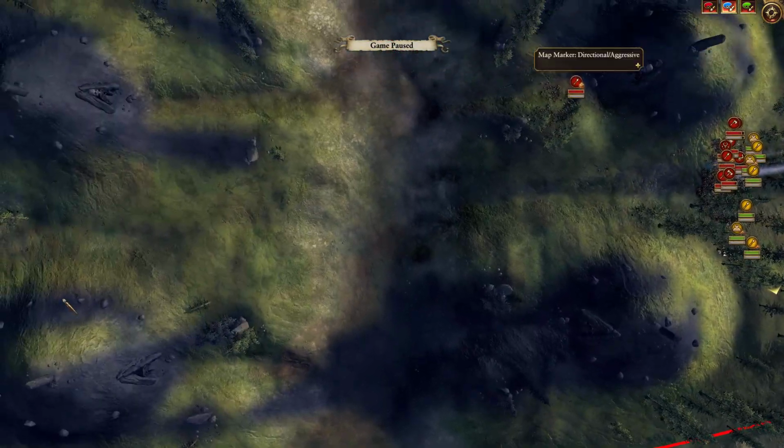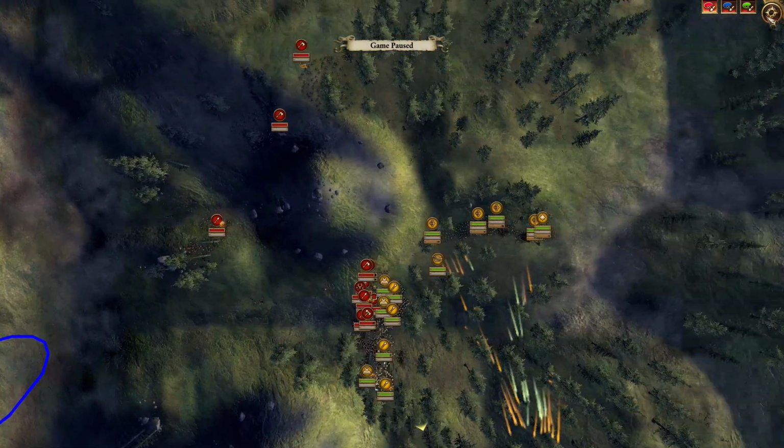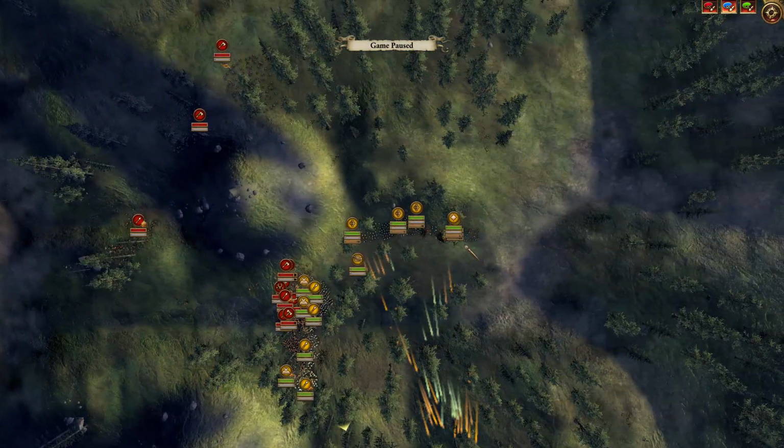Now, he did have more units over on this side of the map. What he should have done was waited, and you can see now a kind of division in the Legend's line here, where he's got all his melee units crammed into this corner, but now these guys are all exposed. So while